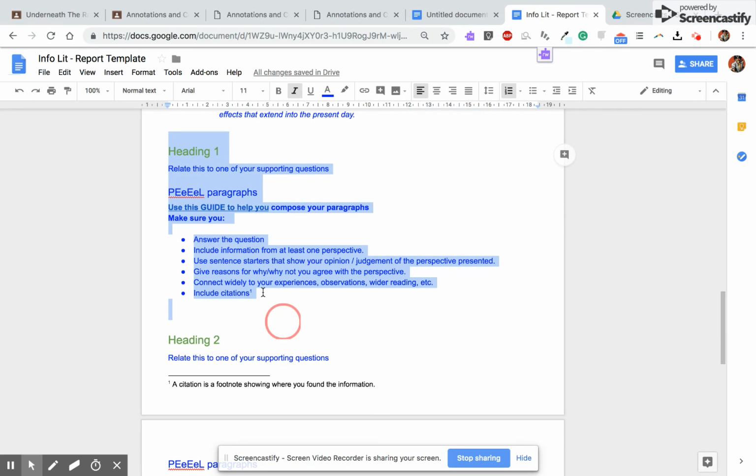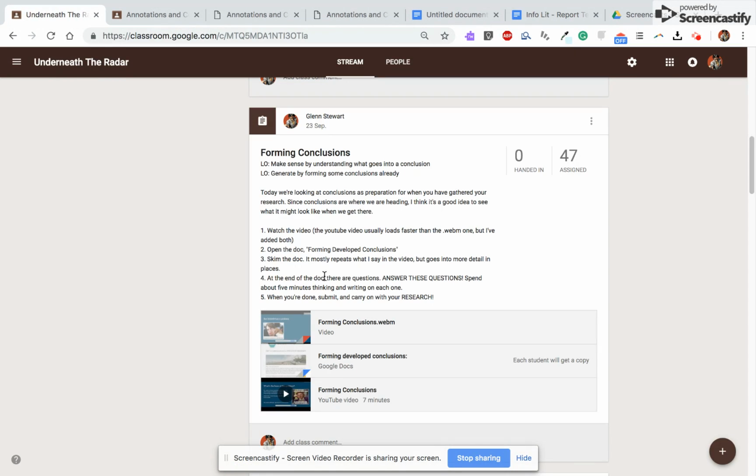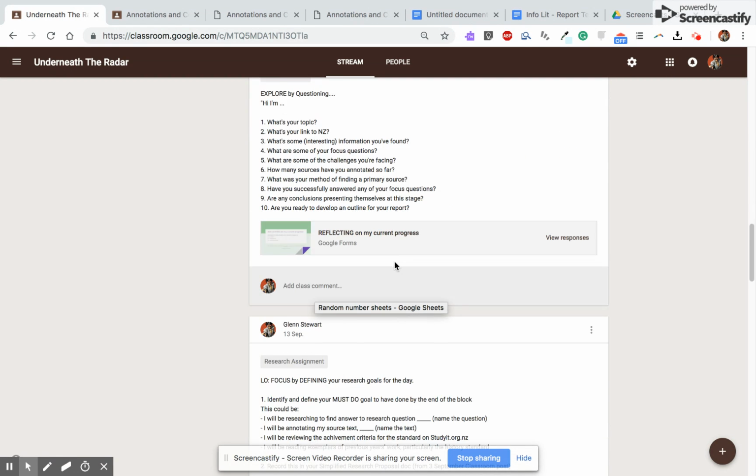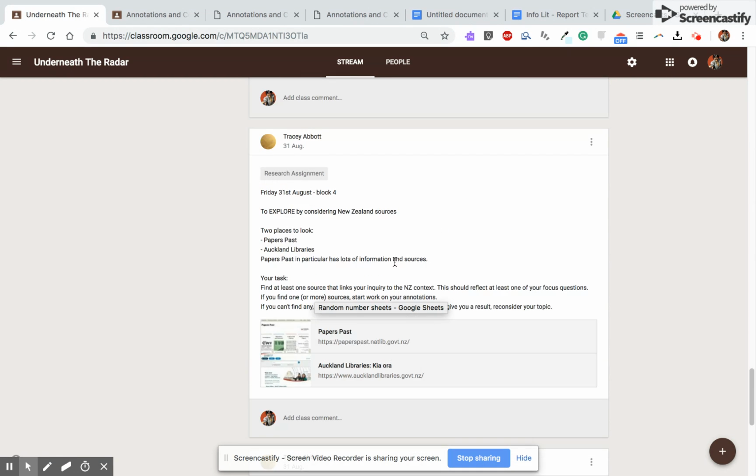This is either a section or a paragraph. I've got heading number 1. In heading number 1, I'm probably going to use my focus questions to help me with my heading. Where do I find my focus questions? I'm going to go down to my